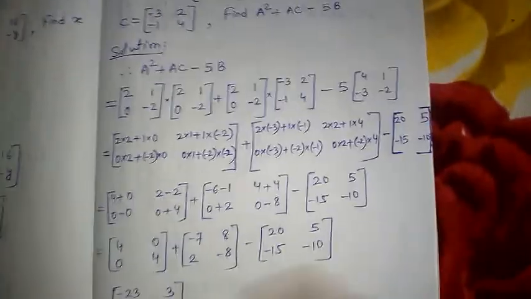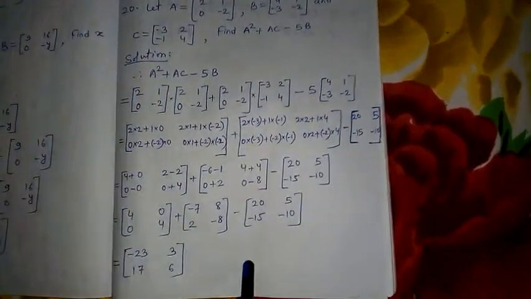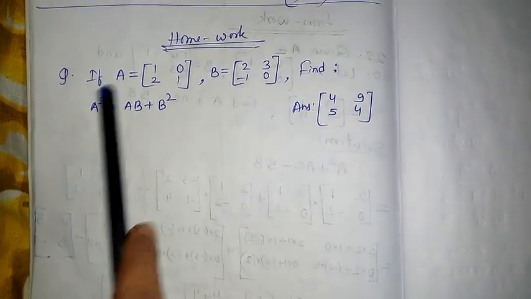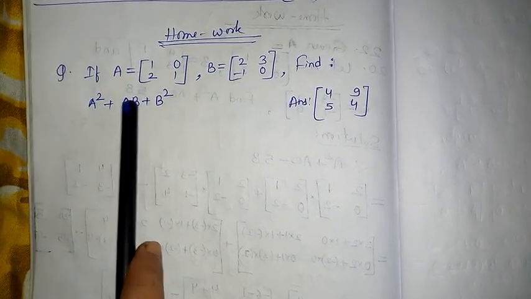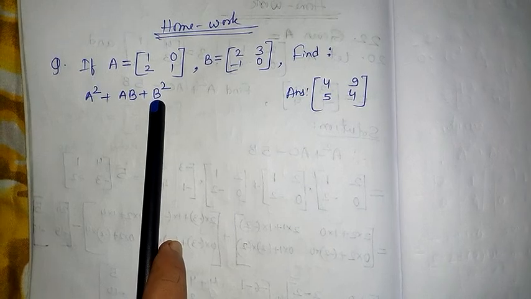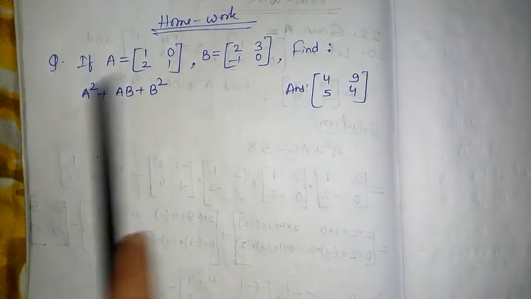Children, please go through my video very carefully, and I have done one more question for you. Please copy down all these questions and answers and do this question as homework. Very simple. Put the value of A 2 times and multiply, put the values of A and B and multiply, put the value of B 2 times and multiply, and then add all of them, you will get this answer.